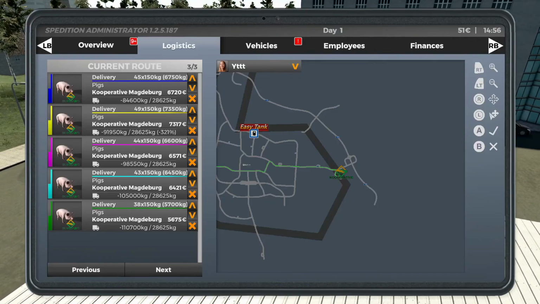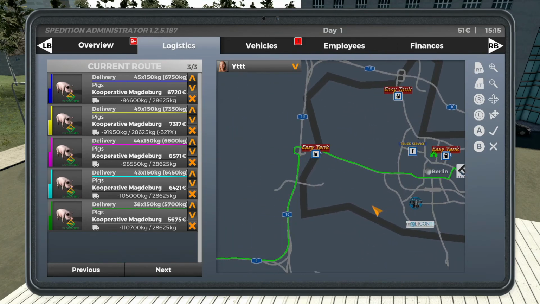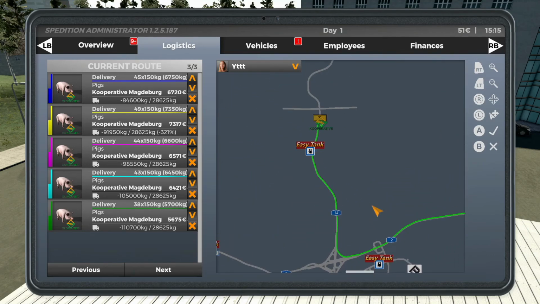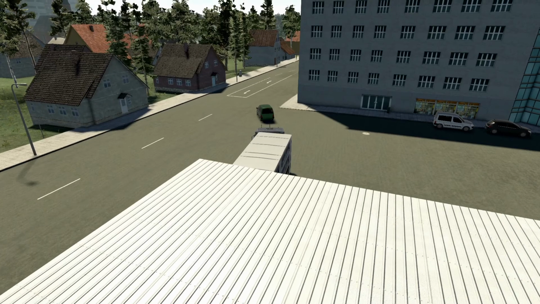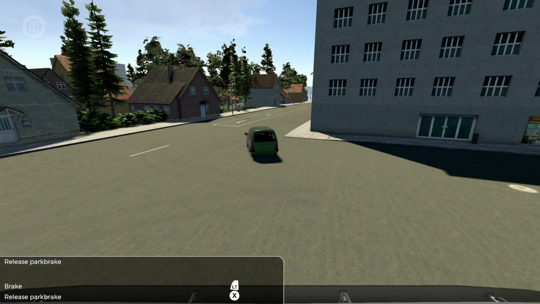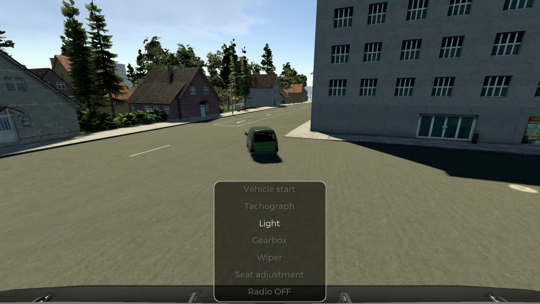Now, this should be easier for you. I'm not entirely sure why my GPS disappeared, but unfortunately it did. So we're going to have to make the drive without having our GPS up. I promise you it is significantly easier with the GPS than without, and I promise you that that's not supposed to happen. I don't know why my GPS is gone, but none of my buttons are bringing it back, so